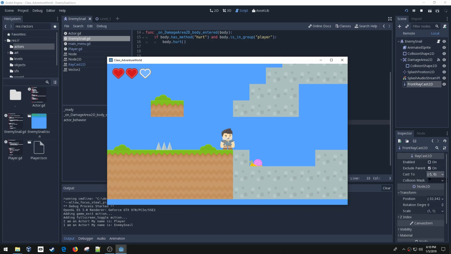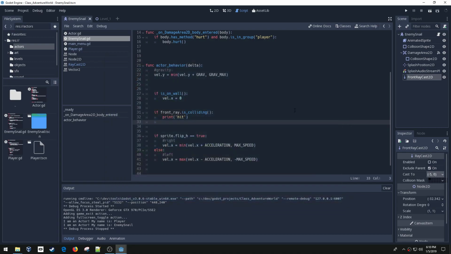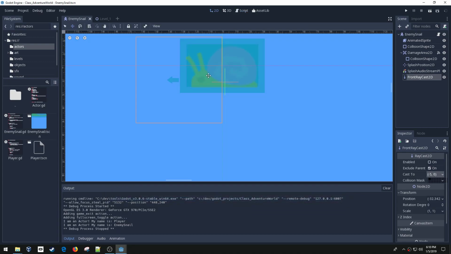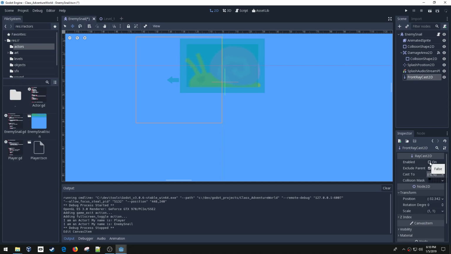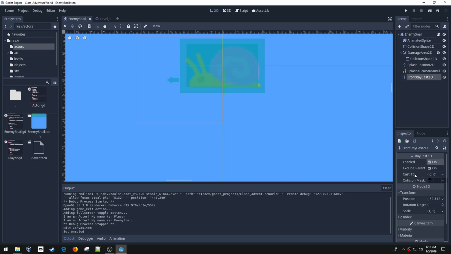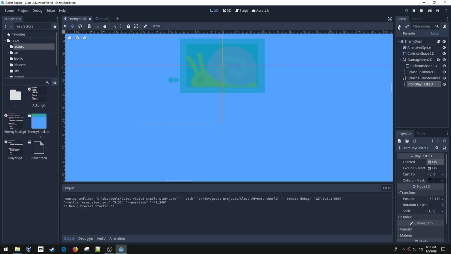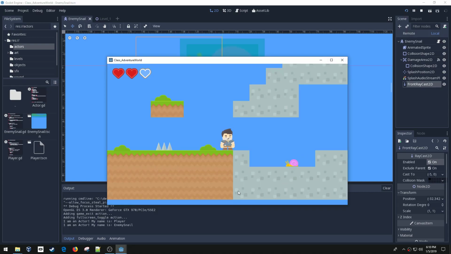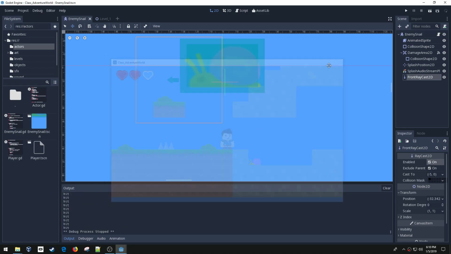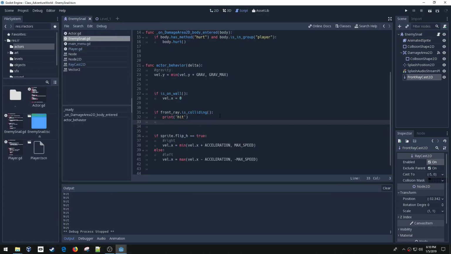And it's not printing anything. So what's going on? Let's go back to this. We'll click on our front ray. There's a property here called enabled, and by default it's off. I'm not sure why it's off by default, but we're going to flip it on and we're going to try that again. So now we're getting tons and tons of hits because it's constantly hitting the wall. So that's great. So now what I'm going to do is let's make the snail turn around when he hits